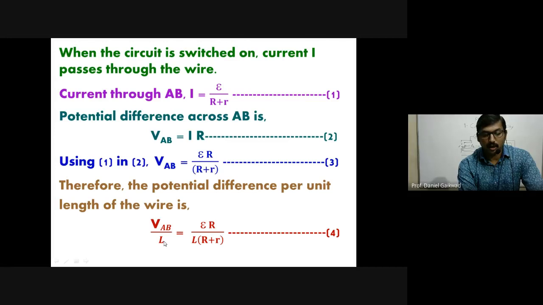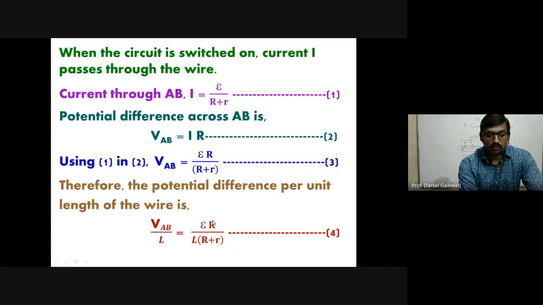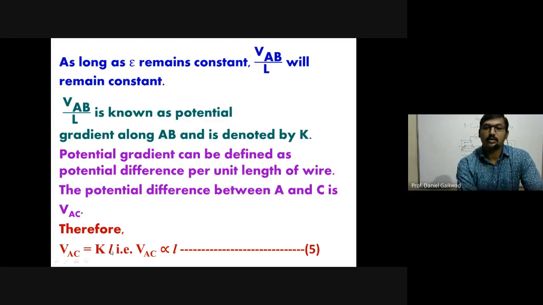VAB divided by L, epsilon R, capital L, then R plus R, all these quantities are constant. Suppose we write for VAB, so VAB is equal to, L value goes on the right hand side, so that will be L, L get cancelled here. Now same formula if you write for VAC, so VAC is equal to same this term epsilon R L divided by R plus R and into its length. Suppose VAB is L, so VAC is its length small l.